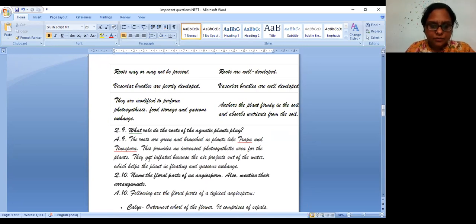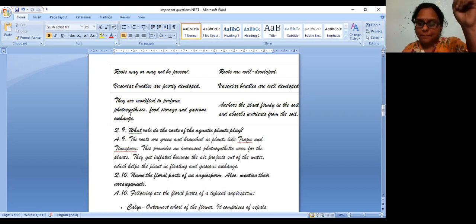Okay, this is one piece of information here. What role do the roots of the aquatic plants play? I told you that they will mostly not have roots. If they have roots, what will they do? They have to do photosynthesis, because the plants in the aquatic region are called phytoplanktons, right? And phytoplanktons are the feed for the zooplanktons. So they need to grow, so they need to do photosynthesis. Their roots should actually come up to do photosynthesis, so they modified their roots mainly for photosynthesis.